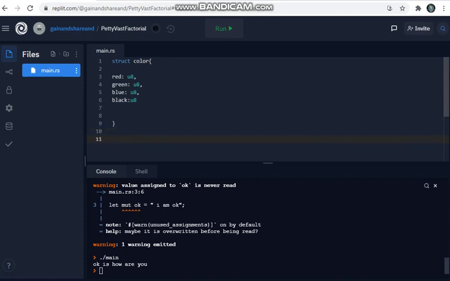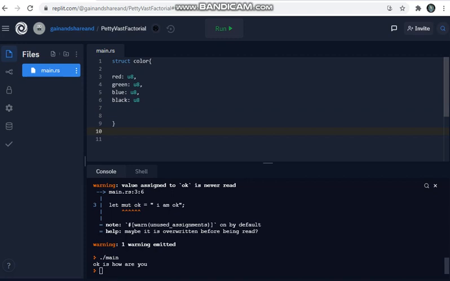This way we have defined the struct values. This is a struct, and we are explaining about colors. There are actually four colors available: red, green, blue, and the final one known as black. All of these are represented as integers. For that purpose, I mentioned u8, u8, u8, because it's a representation of integers. Up to now everything is fine.